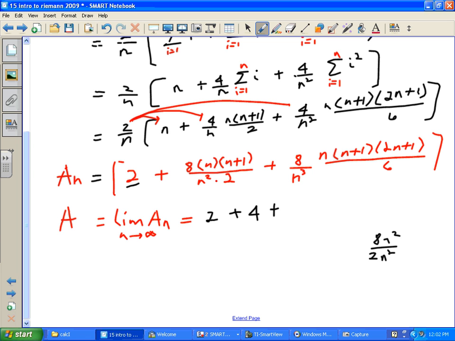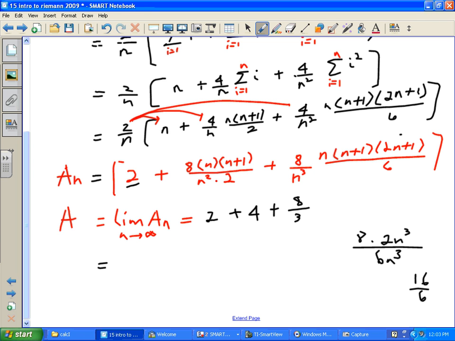On the last one, if you multiply n times n plus 1 times 2n plus 1, the highest degree term there is going to be 2n cubed. And don't forget there's an 8 also on the top and 6n cubed on the bottom. So it looks like we have 16 over 6, in other words, 8/3 as the limit of the last part. Again, degrees are equal, so we're taking the ratio of the leading coefficients. We get 8/3. So we're saying that the correct answer under that curve over that given interval should be the